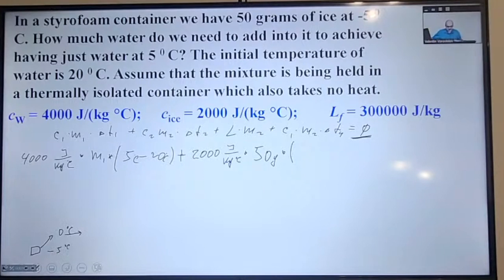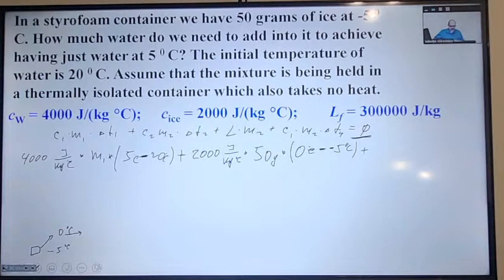So final for the ice is 0 Celsius, and the initial is -5, so we need to subtract -5, initial -5. So this is how we have to write it. Delta always final minus initial. Plus,